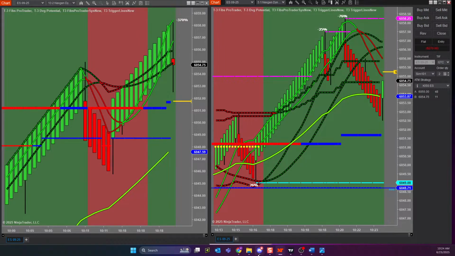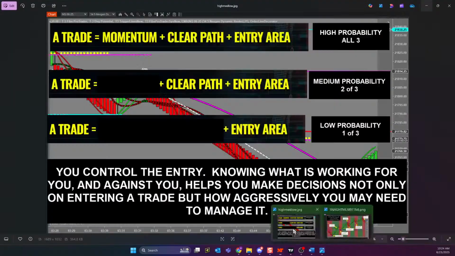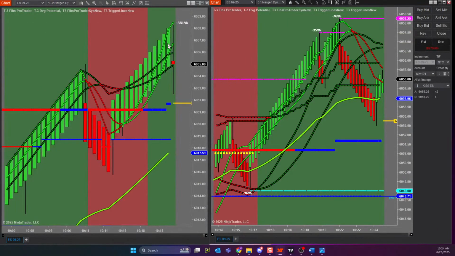So let's go back to this picture. The high probability trade means that you have momentum, path, and entry. That's the best of the best. A medium probability trade means that you've got two of the three, Better Dad. Momentum and path, but I didn't have entry. So the idea of using a confirmation bar says,